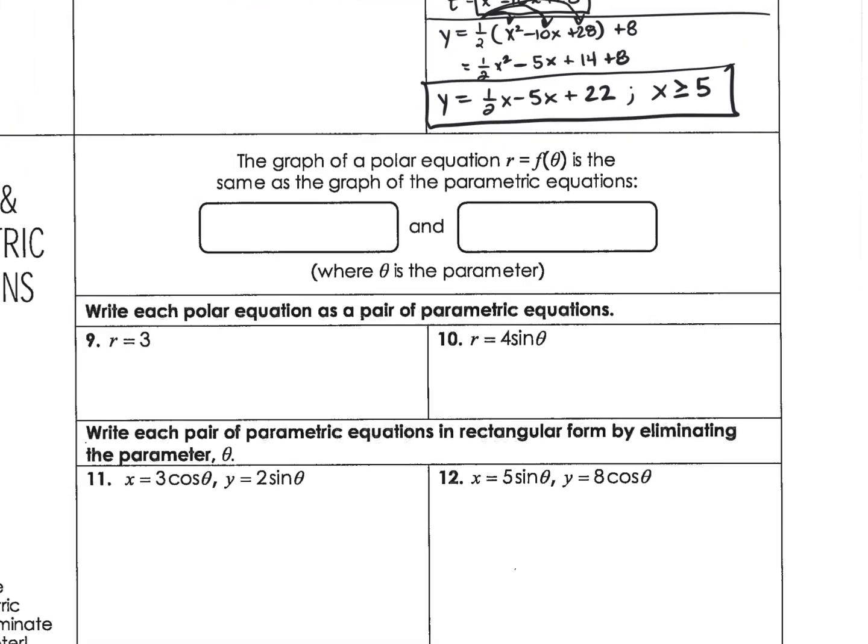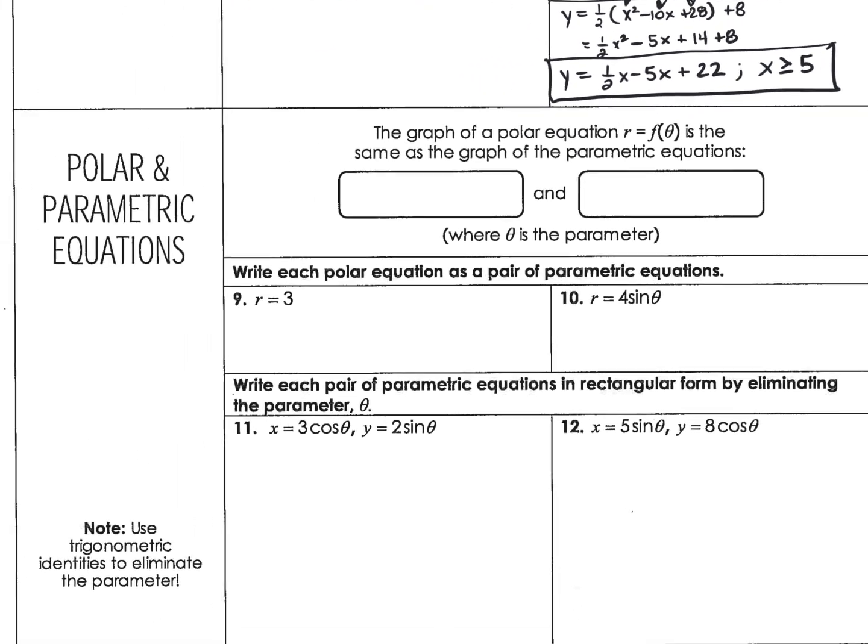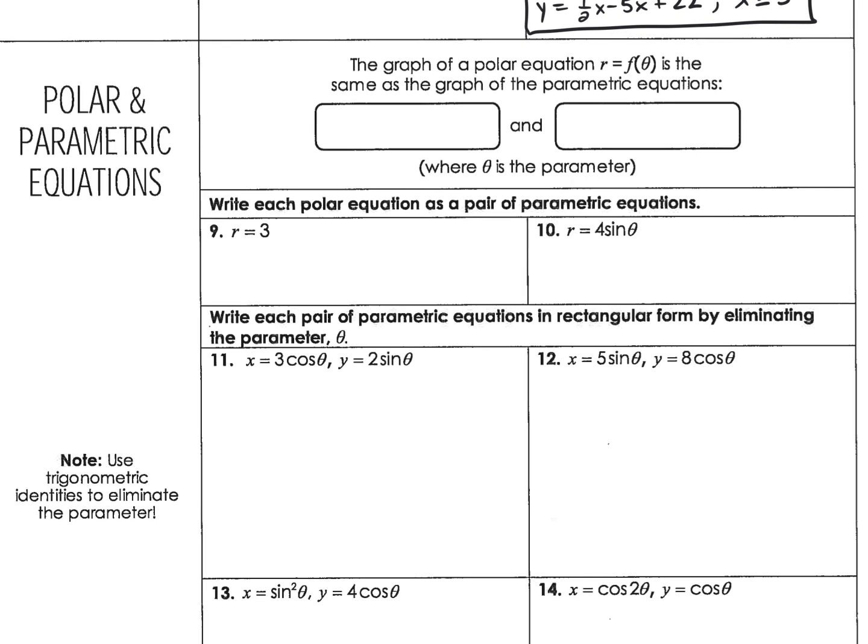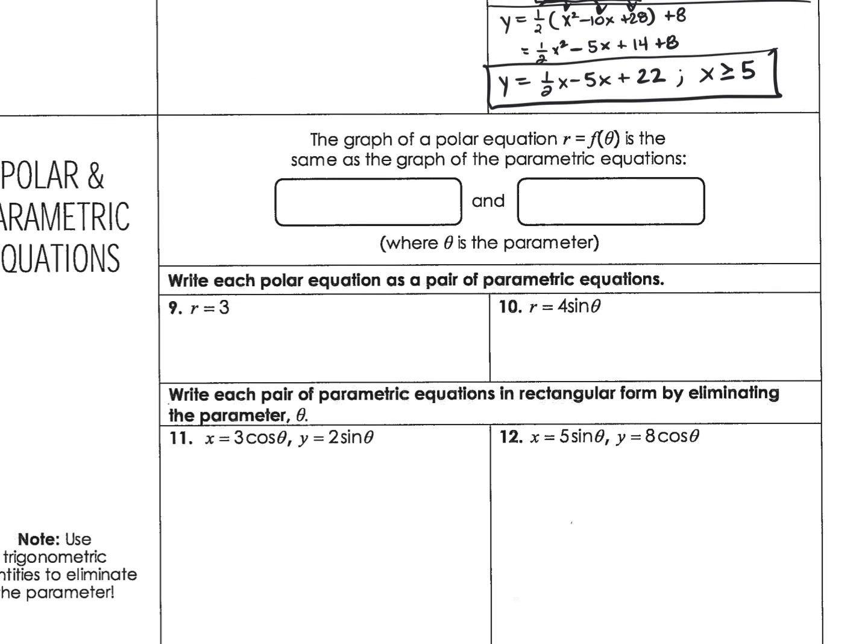All right, last topic of the day, how polar and parametric equations are similar. Are they similar? r equals f of theta. Okay. r is a function, think about it. In polar equations, r is a function of your theta, isn't it? Your angle? Yeah. So x is going to be